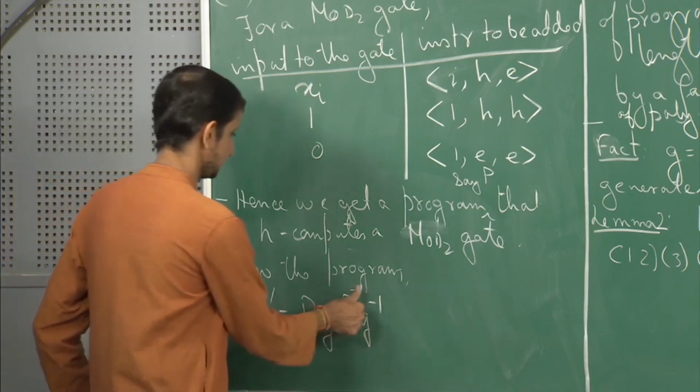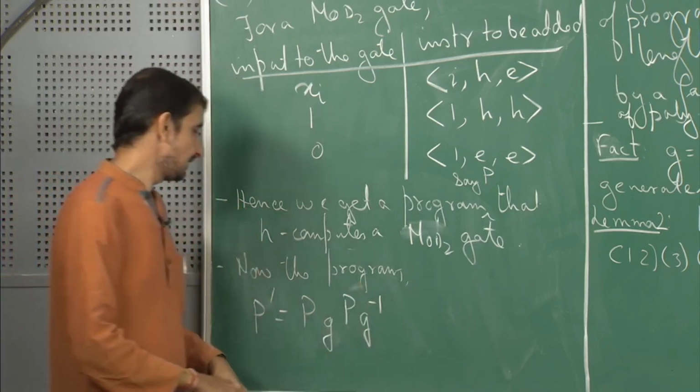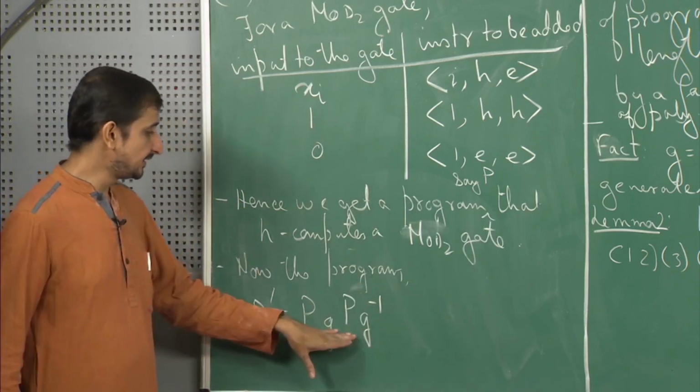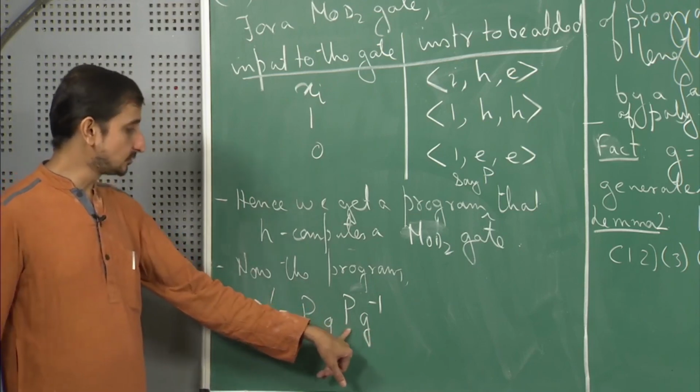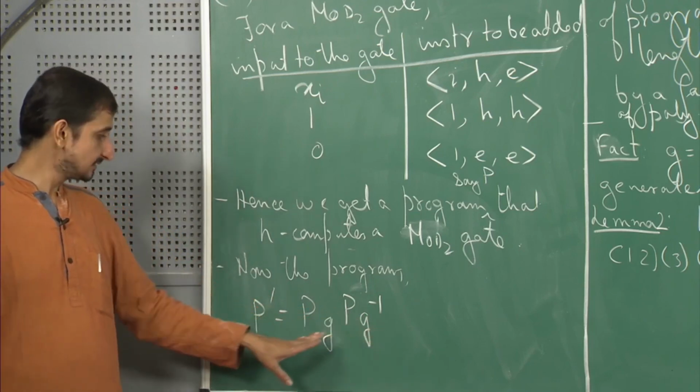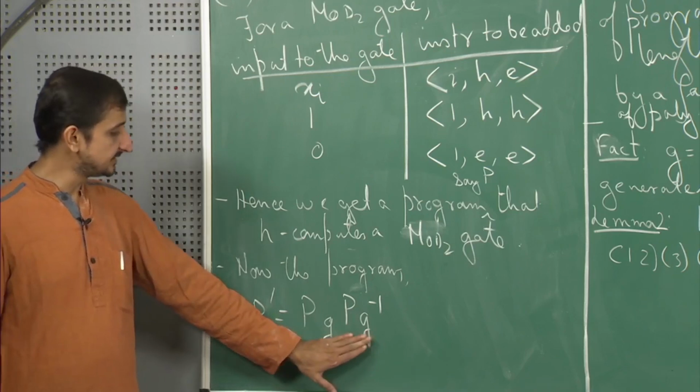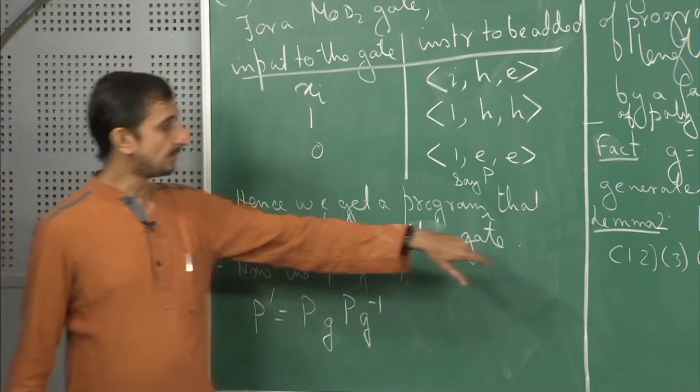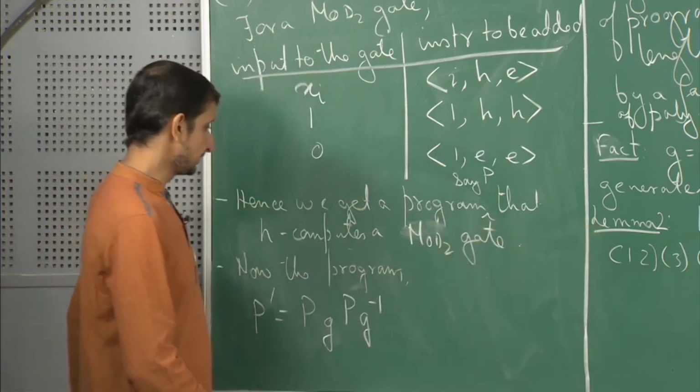Well, P inverse is not defined here. So what I mean is that if I write this as P G inverse, I will get an H over here as well, and H is its own inverse. So essentially what I get is H G H inverse G inverse, and by lemma 2 what we have is